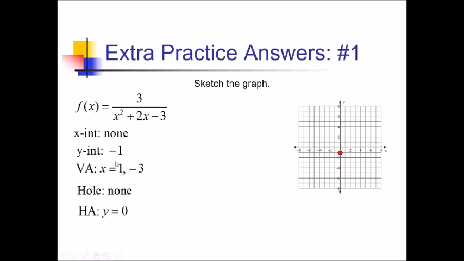We have two vertical asymptotes, which is kind of rare, but we have them at 1 and -3. So x equals 1 gets a vertical dashed line. Same thing back here at x equals -3, so we're going to have to figure this out in a minute. There's no hole to worry about, but we do have a horizontal asymptote at y equals 0, so right on